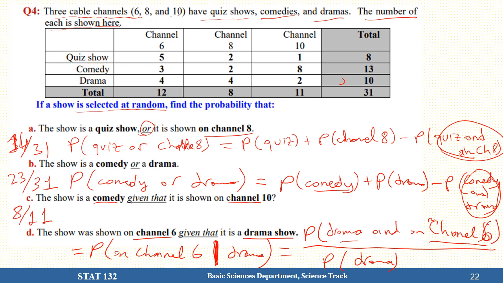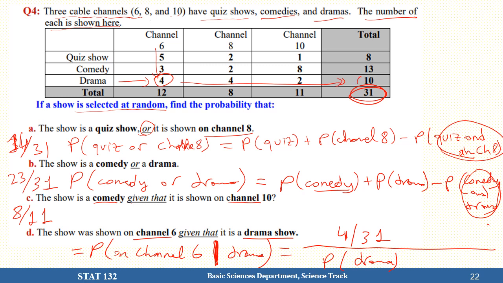Drama and channel 6. It's only 4, so we can write 4 over 31, because all TV shows are 31. And what's the probability that it's a drama? So we check the drama total. 10 over 31. So this will give you just 4 over 10. And I think that